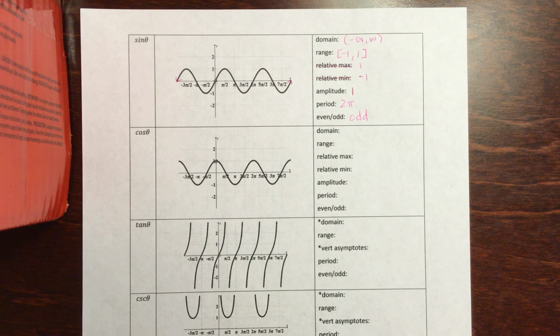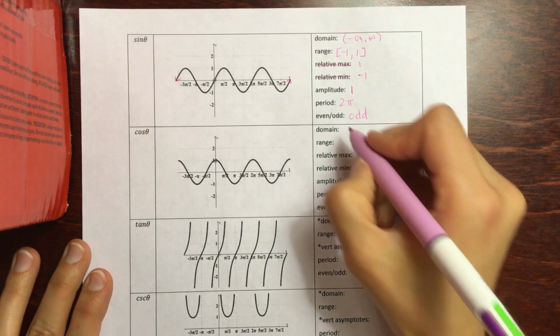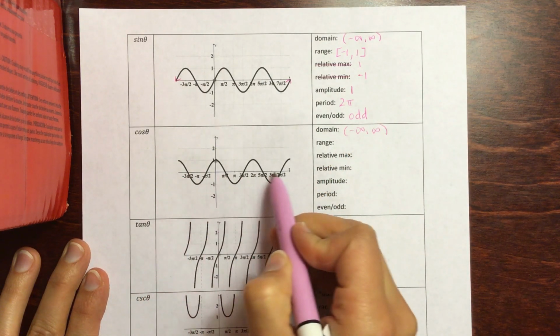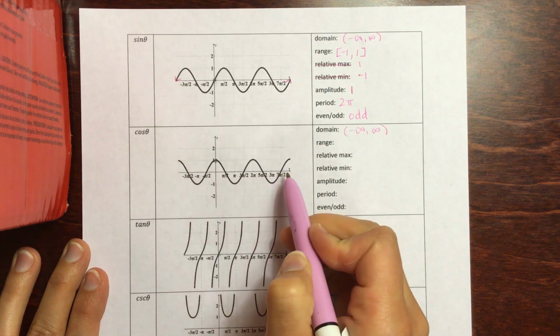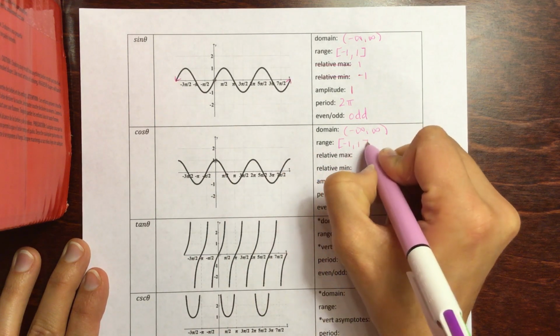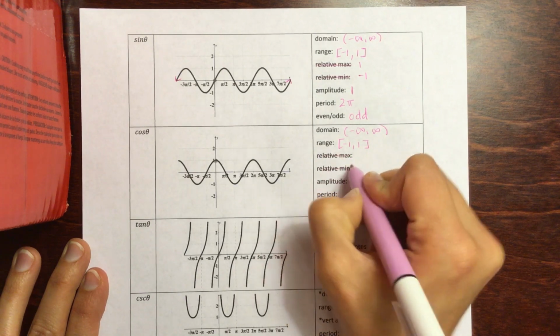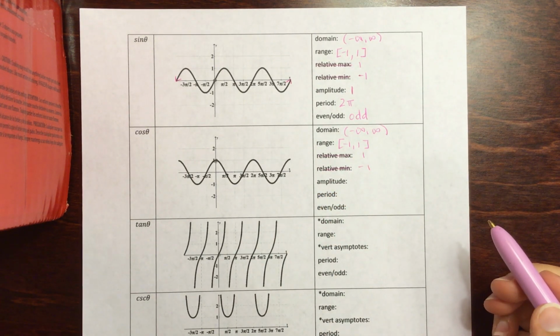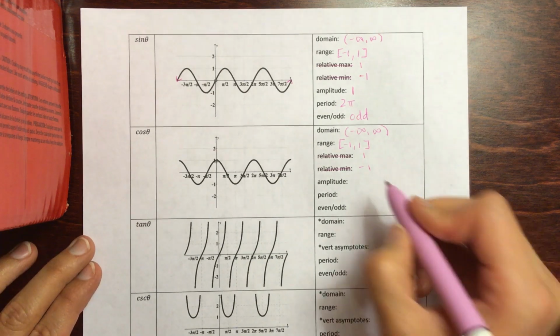Okay, now that we've gone through that for sine, cosine is pretty much the exact same thing. My domain is negative infinity to positive infinity. When you look at your graph, there are no holes or asymptotes. My range, the lowest to highest, is from -1 to 1. My amplitude, from the center of my wave to the highest point, or the center to the lowest point, is